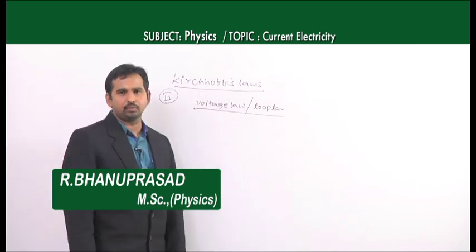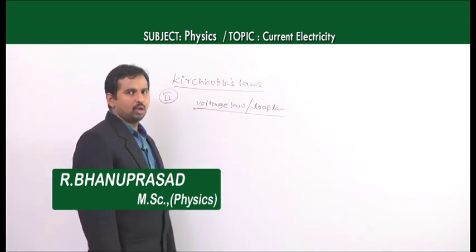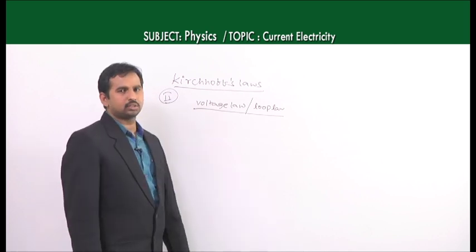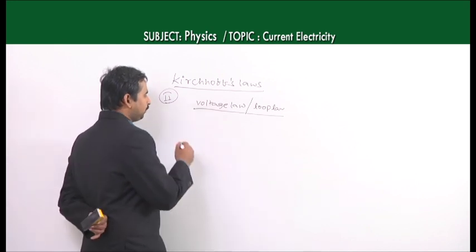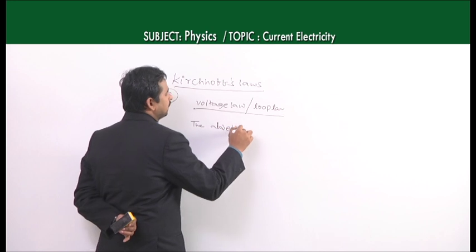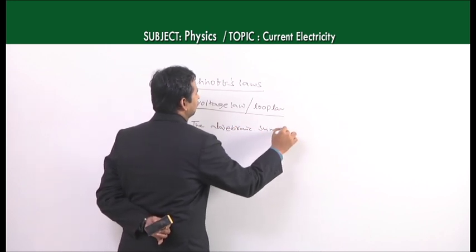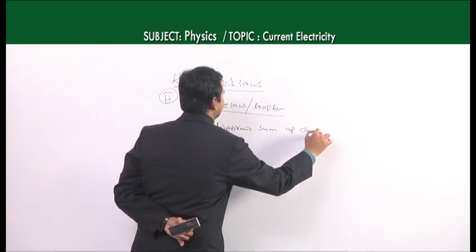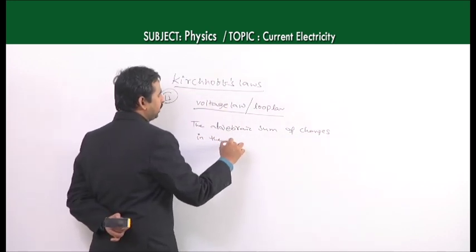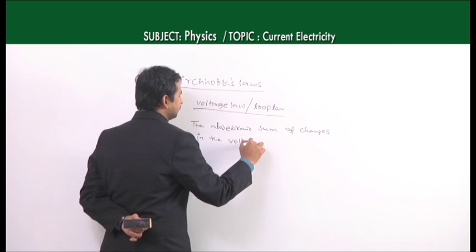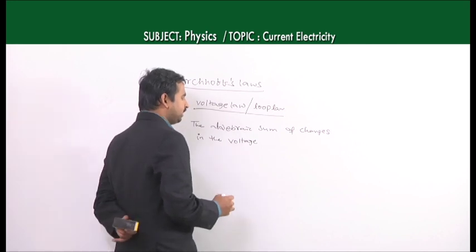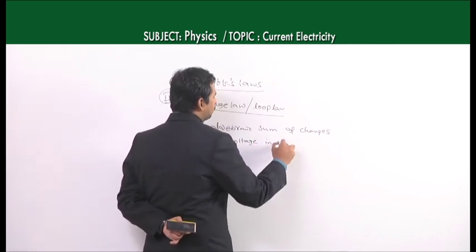According to this voltage law, Kirchhoff's second law, the algebraic sum of changes in the potential difference, or changes in the voltage, in a closed circuit